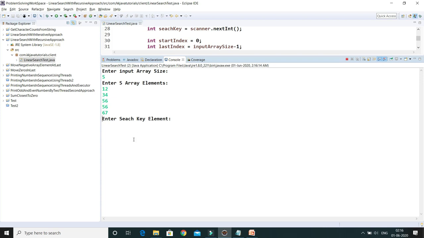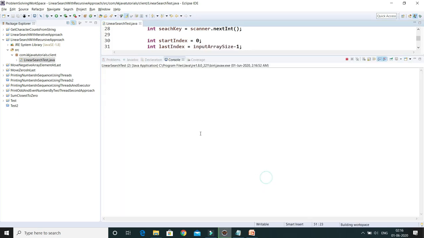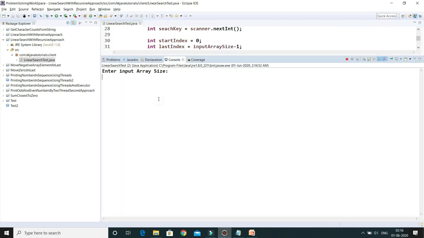Let's say I'm entering 56, then I'm expecting this index to return, which is nothing but 0 1 2. So here 2 is going to return. So here there was a duplicate element, right? Let's say I'm going to enter unique elements always. Let's say size I'm going to specify 4, and here 12, 23, 45, 56, and let's say I'm searching 23. So index 1 is going to return, right?